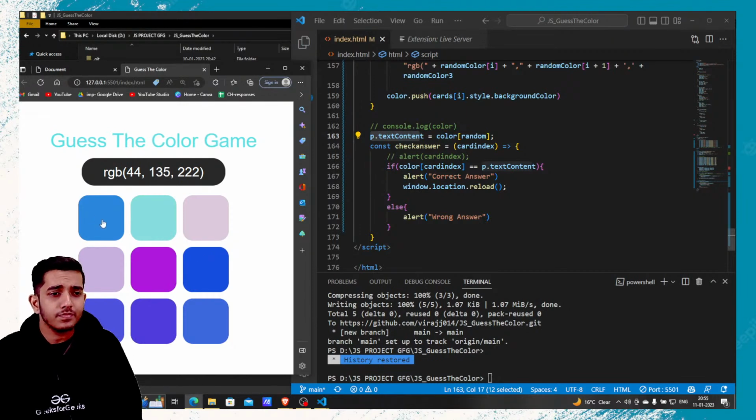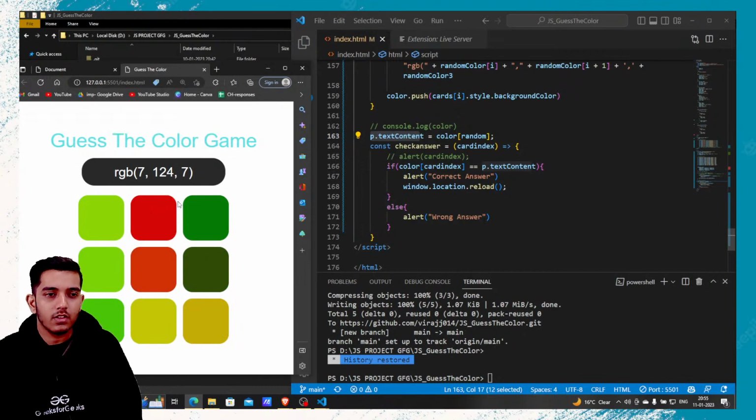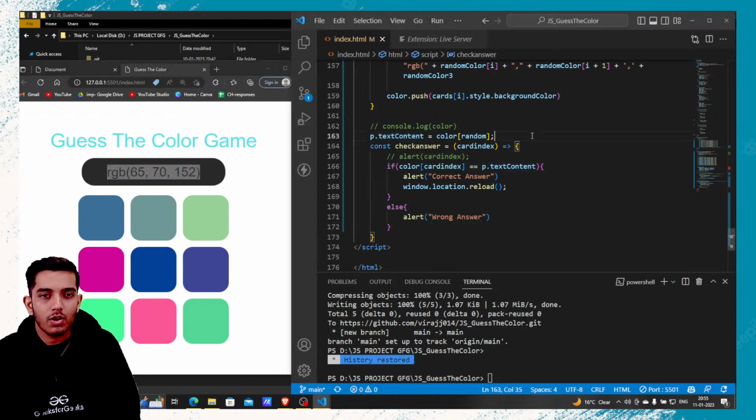Now again if I try this one, that's the correct answer. If I click on this one, that's the wrong answer, that's the wrong answer, that's the correct answer. So every time it's giving me random correct answers, random places for correct answers. So you can clearly see that whatever color is this, suppose if I copy this color, to check the answer you can just copy this, or you can do one more thing,